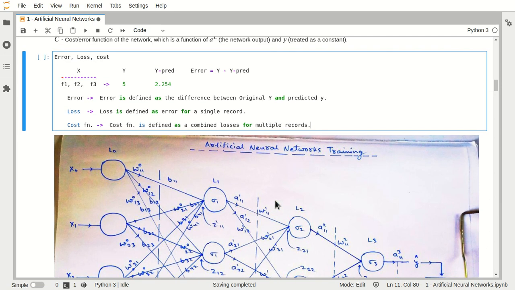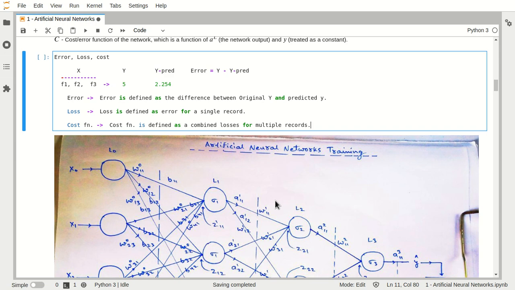But what is actually happening is that we generally do not pass single records each and every time. We pass our records in batches, into one batch, into multiple batches, or any number of batches.